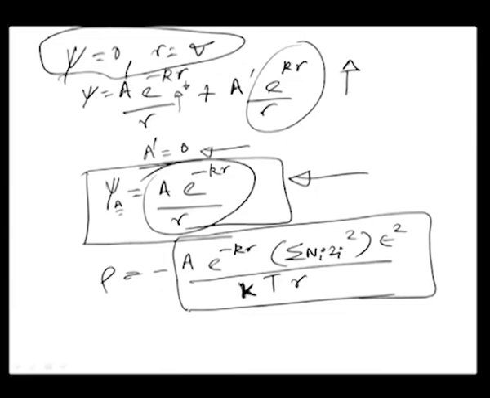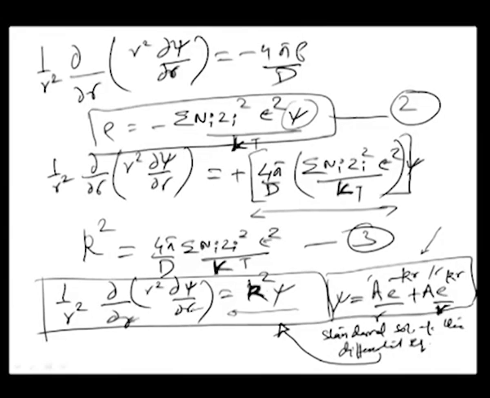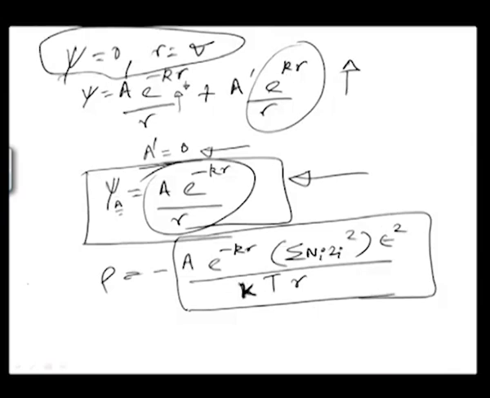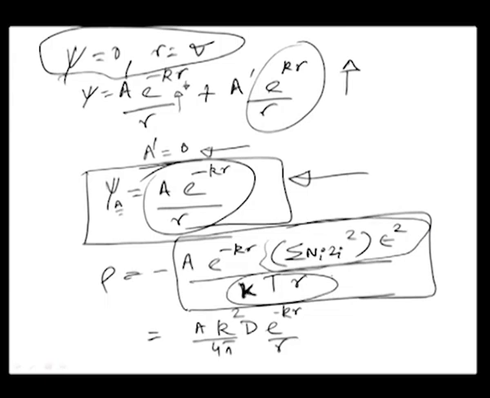If we bring small k into the picture, small k was defined by equation 3. Therefore this whole term can be written as small k square by 4 pi times d, e to the power of minus small k r by r. This way you can get rid of the whole complex sigma by kTr. That is how the charge density would equate close to the central ion, at a point very close to it.